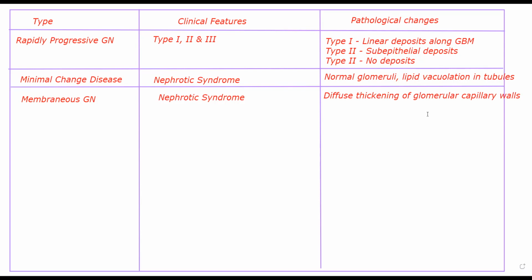And as membranous glomerulonephritis progresses, it will lead to ESRD, end stage renal disease. The patient might have azotemia. Within 2 to 20 years, in almost 50% of the cases, the patient will start having azotemia, wherein urea and nitrogen products will start accumulating in the blood.